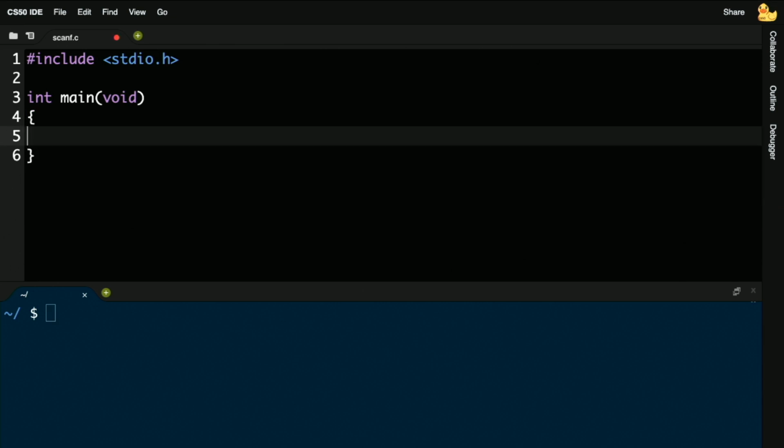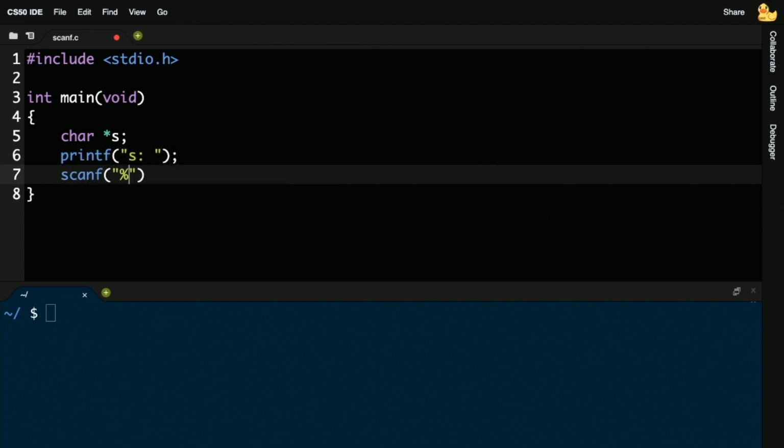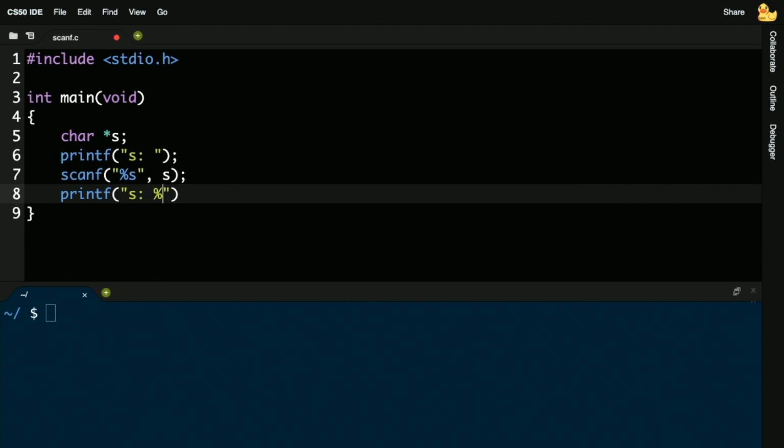But it turns out that getString is even more powerful, because if I go in and change this program now, not to get an int, but something fancier like a string, or wait, we're calling it char star now, I'm going to do something very similar. I'm going to prompt the user for a string s, and I'm going to use scanf, and I'm going to use %s, just like printf uses %s, and I'm going to pass in s. Now, to be clear, I don't need the ampersand here, because now we all know that s is fundamentally an address. So it suffices just to pass in the address that you already have. Now I'm going to go ahead and print out s colon %s backslash n, and print out s.